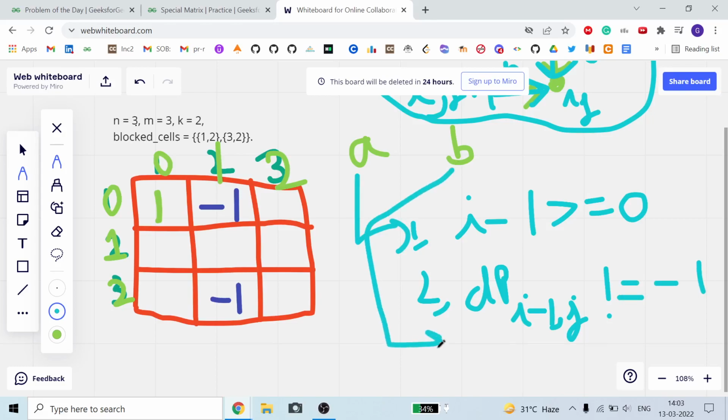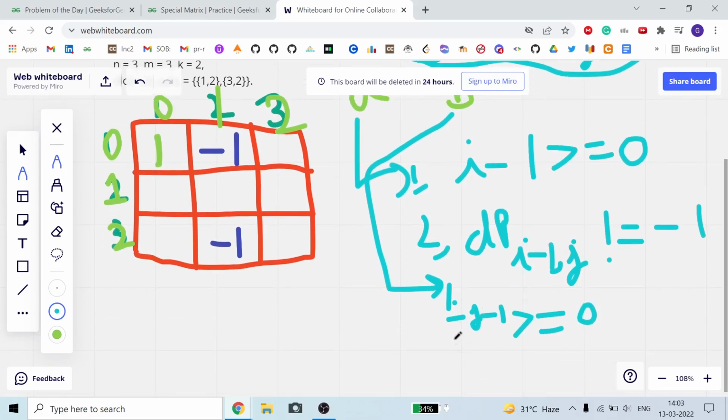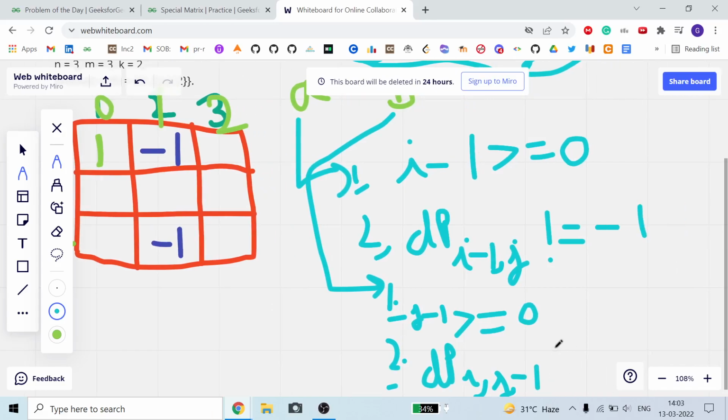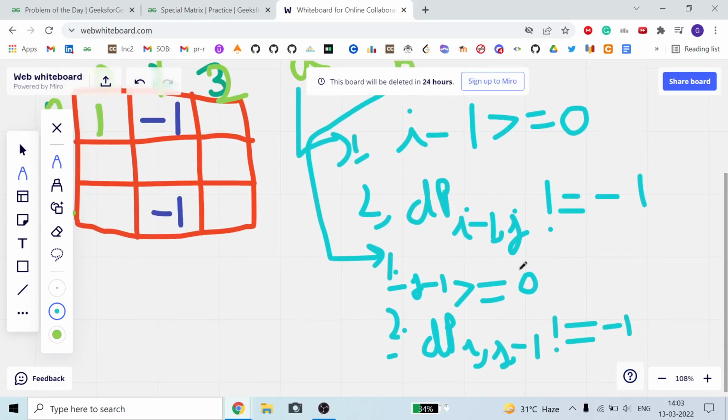Similarly for my b, the first condition is j minus 1 greater than or equal to 0, and the second condition is dp i comma j minus 1 should not be equal to minus 1.